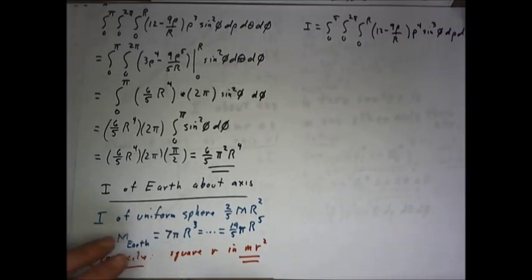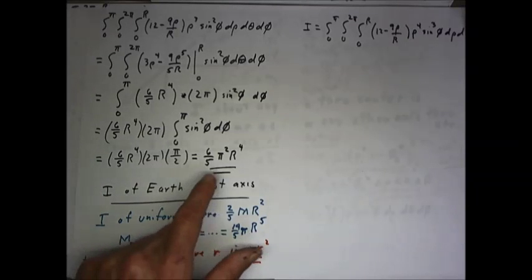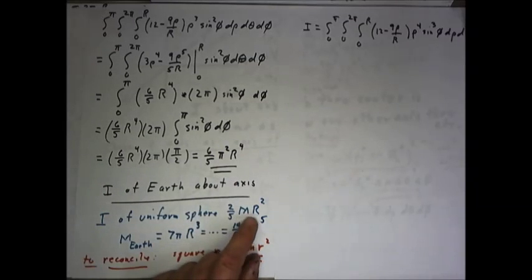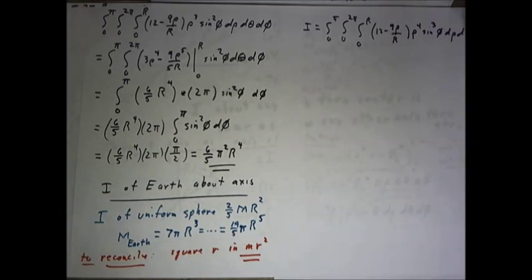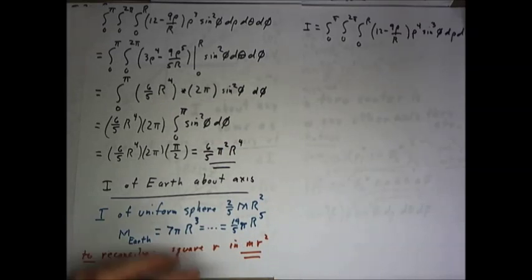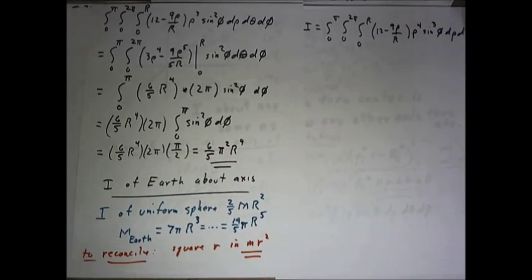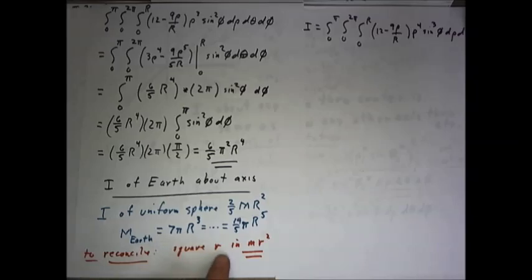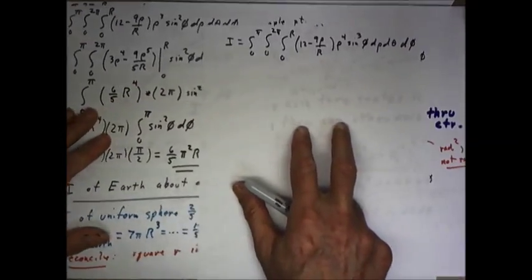In the preceding we integrated what turns out to have been the wrong function for the moment of inertia. I noticed that we had an r to the fourth here instead of an r to the fifth. From the physics of the situation, knowing the moment of inertia of a uniform sphere, this just didn't reconcile. The constants didn't quite reconcile, but the power of r is way off, at least off by one power of r. So to reconcile, we had to square the r in the mr squared, and that is going to result in